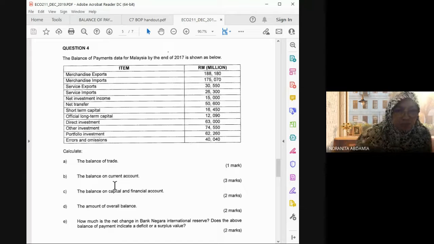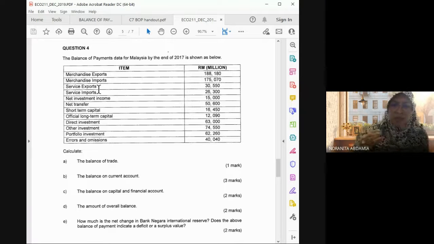Second, after goods balance or trade balance is service. So service is here, service export and import. How to get the total of the service account? Of course, since they have put export and import, you have to do export minus import. Even though the total formula is just plus all the items, you must also look at the status of the item, like debit or credit. Export means credit, and import means debit. So you have to settle this one first. Service account equals service export minus service import. So what's the answer? Okay, leave it there.